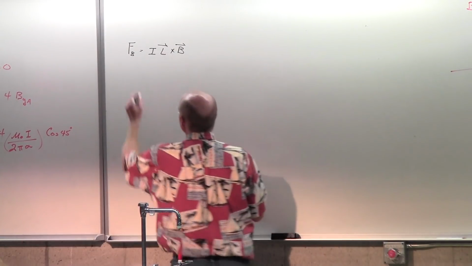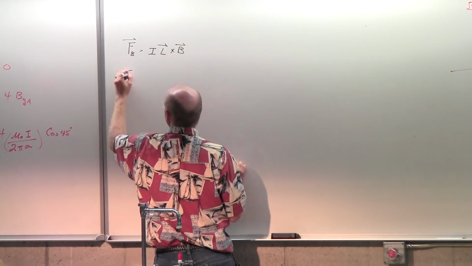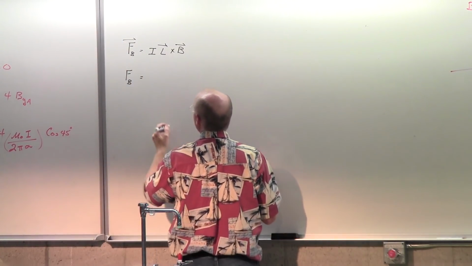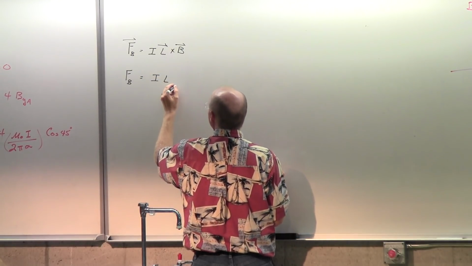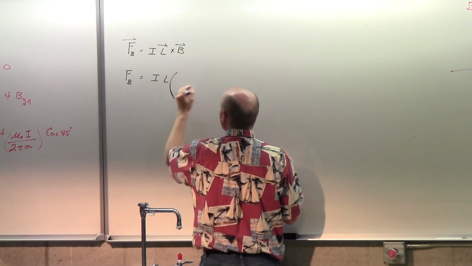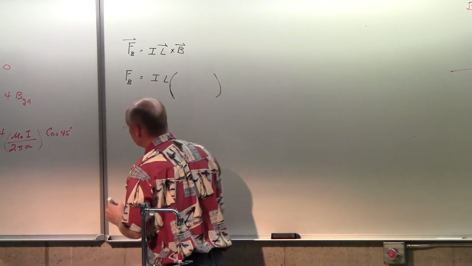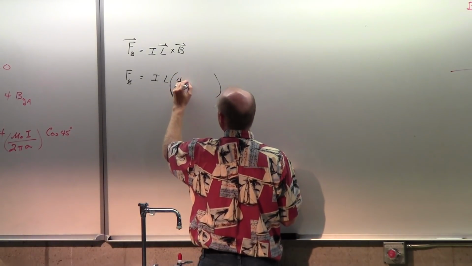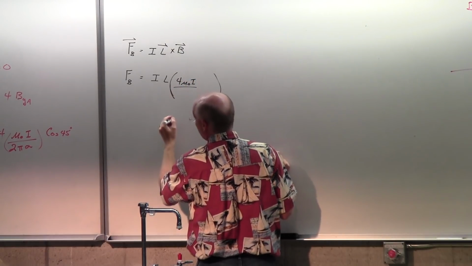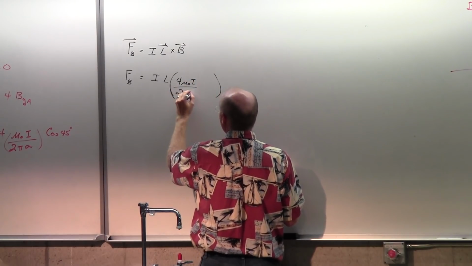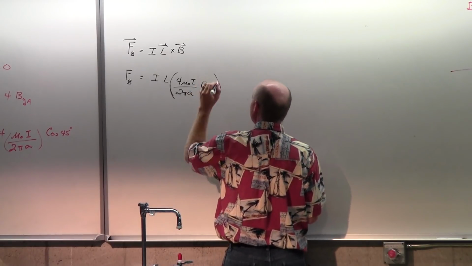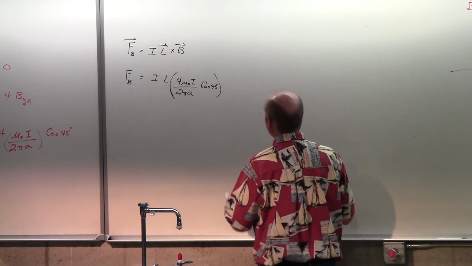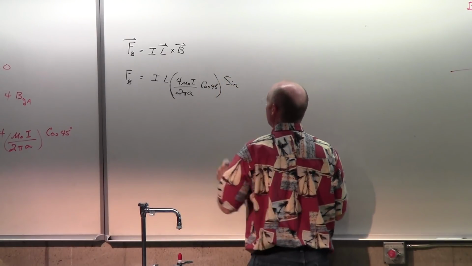Then I would say, yes, there is a force on that fifth wire. The current would be 5 amps, its length, and its magnetic field is what I just got done calculating. So that'd be 4 mu naught pi over 2 pi a, cosine of 45 degrees. And then sine of,